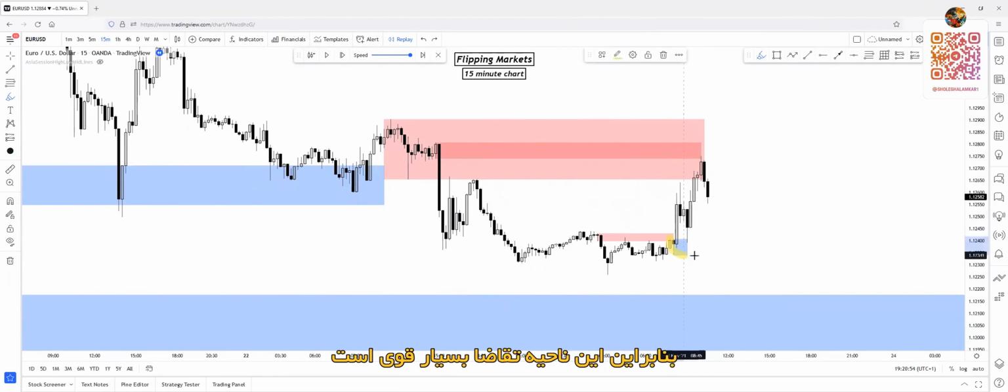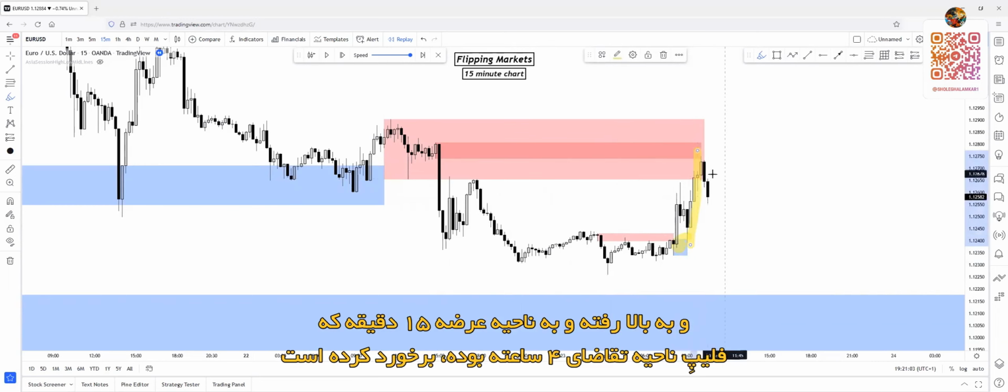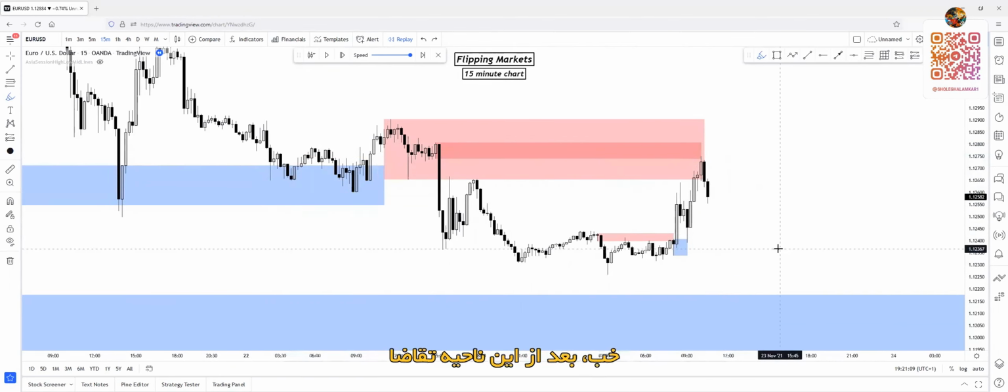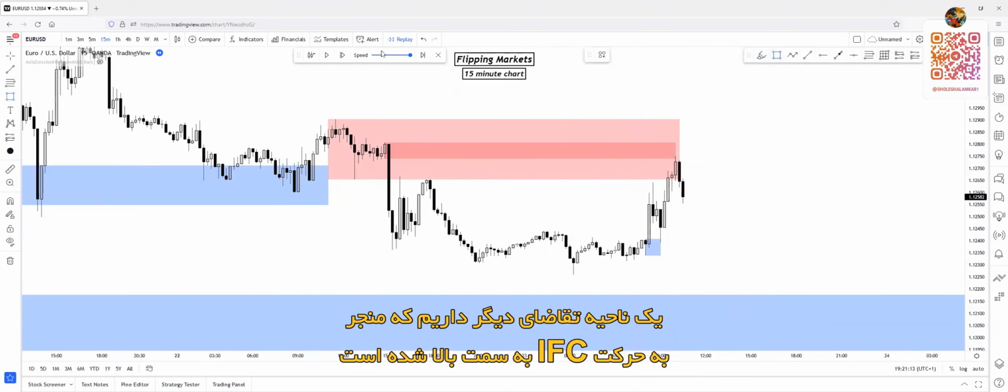So this is a really, really strong demand zone, as you can see, and price reacted on this demand zone immediately. And after the reaction, it pushed to the upside and tapped the 4-hour and the 15-minute supply zone that flipped the 4-hour demand zone. Okay, so after this demand zone, we will have another demand zone,